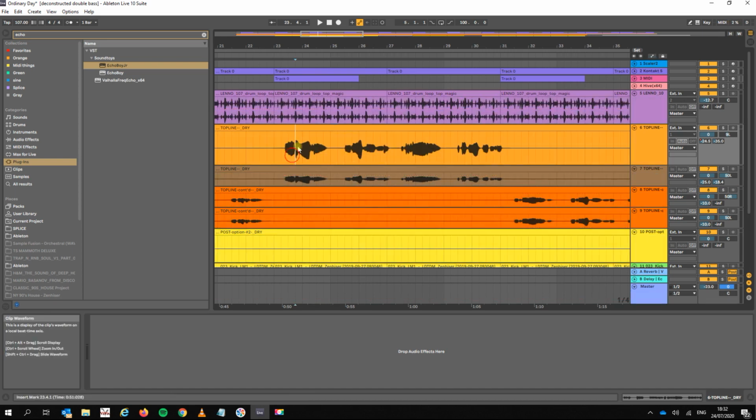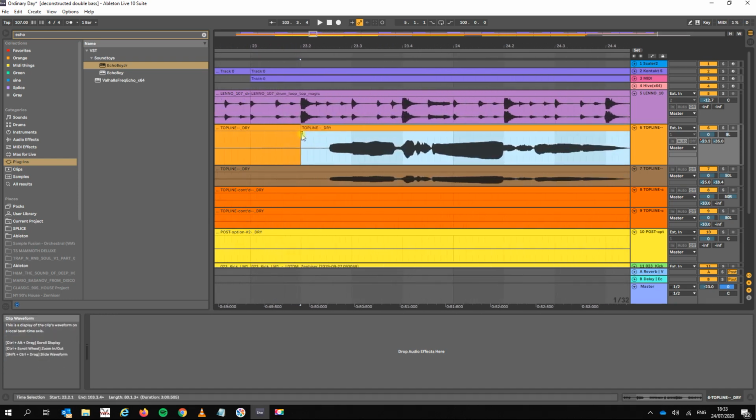But if you just press A, you just select your bit, press Control D to duplicate, Control C to copy and paste. Okay, so you've got a lot more control. And the other thing you can do very easily by pressing Control E, it just splits the audio signal, and it gives you that kind of little square at the top there of the track, and then you can crossfade it like that, or you can